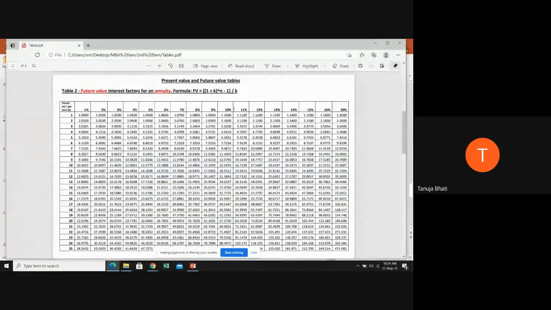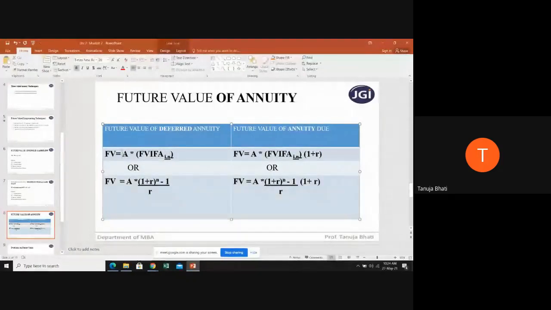So suppose it is 10% for 5 years. So you have to see horizontally, where the rate of interest will be given, which is also denoted K here. Rate of interest, as I told you all, can be denoted by K, and N is the number of years. So for 10% for 5 years, you have to see vertically, where the number of years will be given. So 5 years. Corresponding to that, what is the factor? As per the table, that will be your future value interest factor of an annuity. So it is 6.1051. So it is nothing but, in our example, 15,000 into 6.1051. So you will get your future value of deferred annuity.